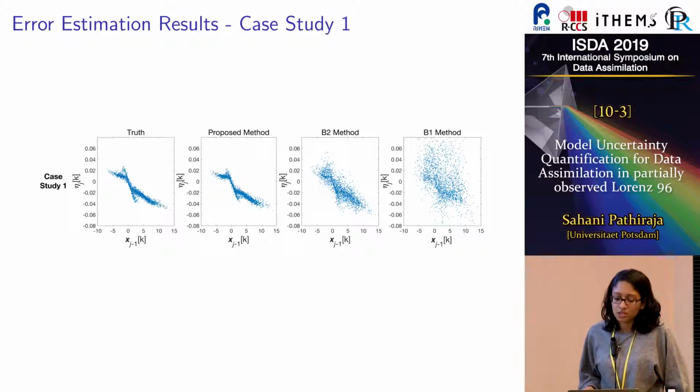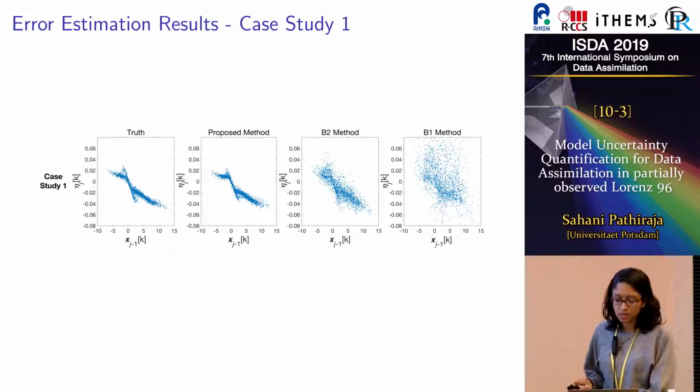Okay, so first just looking at the resulting eta samples from this offline error estimation. In this first case study, we've chosen the state at the same grid point as the informative covariate. This is quite commonly taken for this particular regime. And on the left, we have the true error structure. And the last three show the different error estimation schemes.